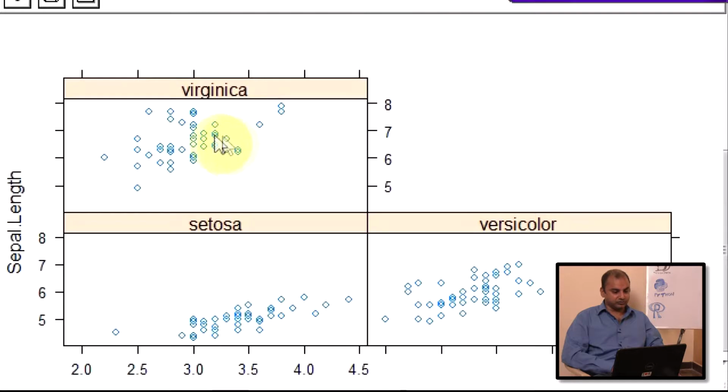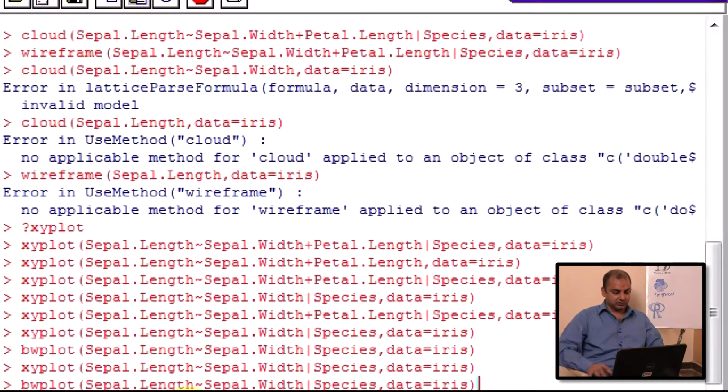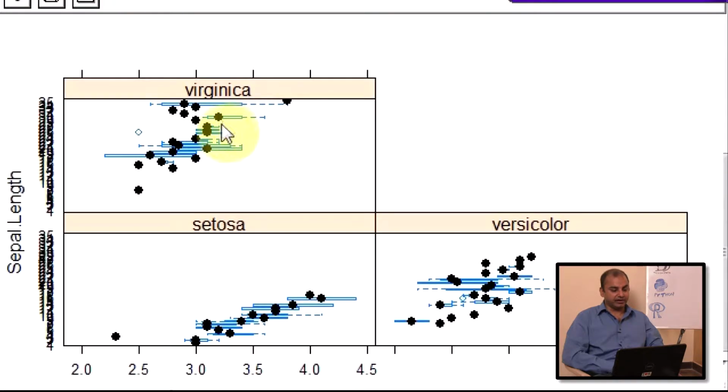This is how it was. You see the point of overscattering. If you do a BW plot, you will find the point of overscattering. You will find the range.